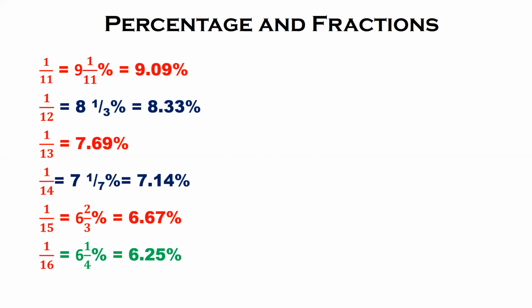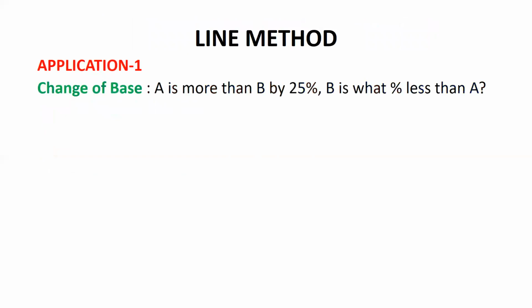You need to know these fractions and their percentages to solve questions in the line method. Where to apply this? Application 1, change of base. If it is given A is more than B by 25%, B is what percent less than A? 25% more is given, that is 1 by 4 more. That means you write it in the numerator, on the upper side of the line. When it goes down, it will become 1 by 5. It is coming to the lower side, less is written in the lower side, 1 by 5 is 20%,